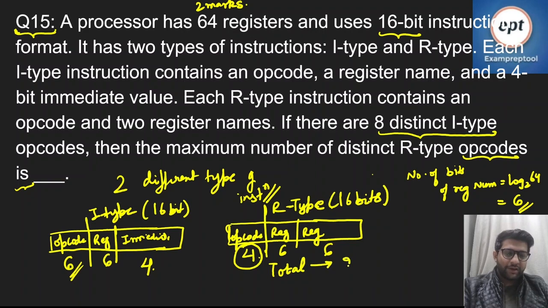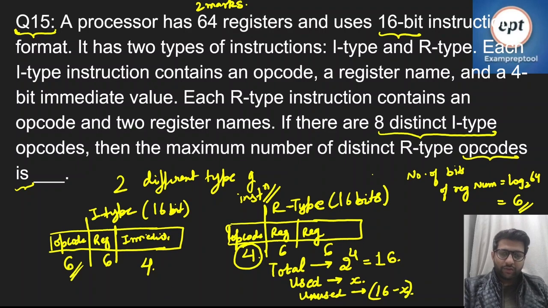So here this will be 2 power 4, that is 16, right? Now out of those, let's say the used opcodes were X and the unused were 16 minus X,